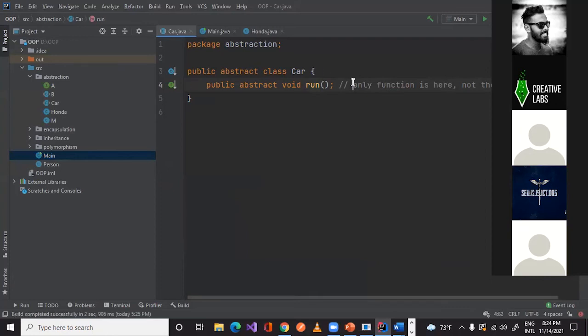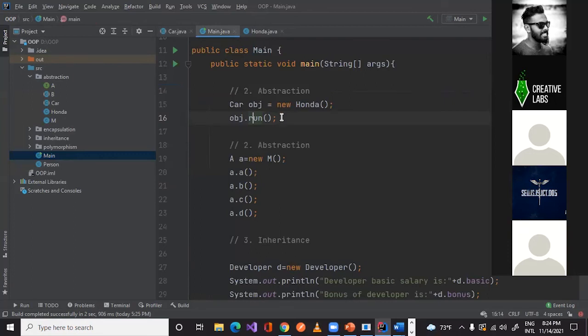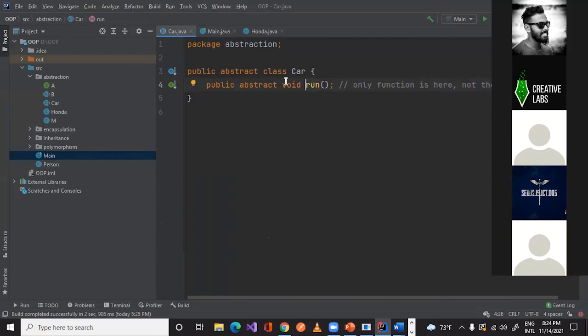Can you see this one? Yes. So what we are doing is actually hiding the implementation. If we traverse through this function, you might notice that only the function is there, the implementation is not available, right?